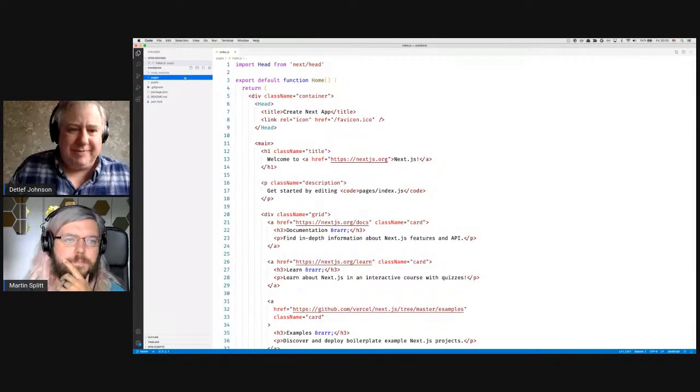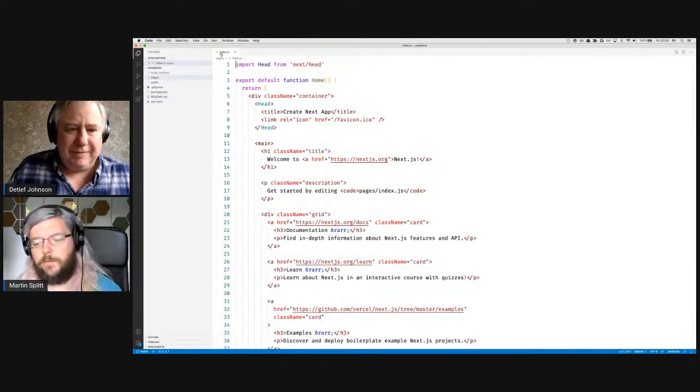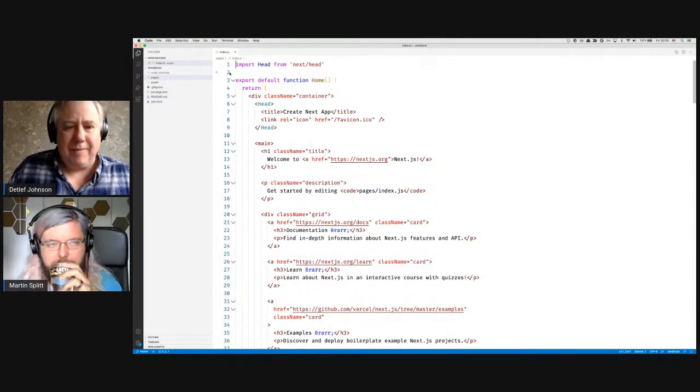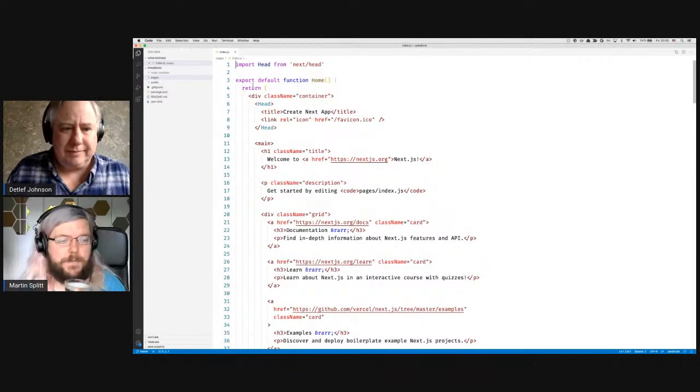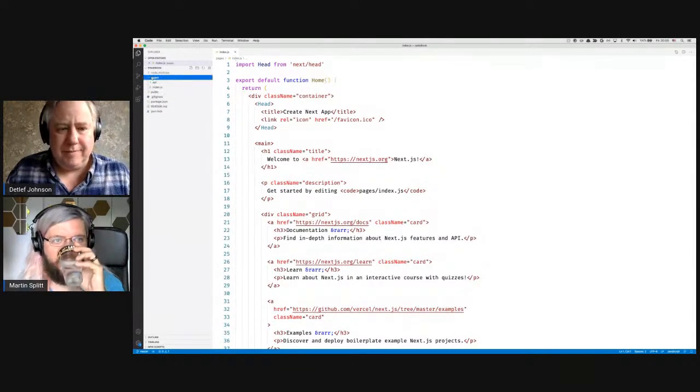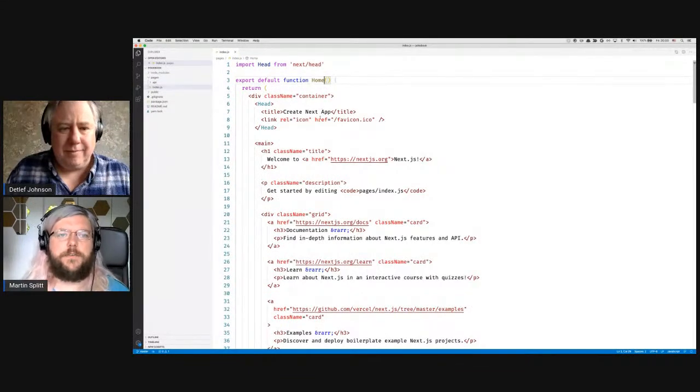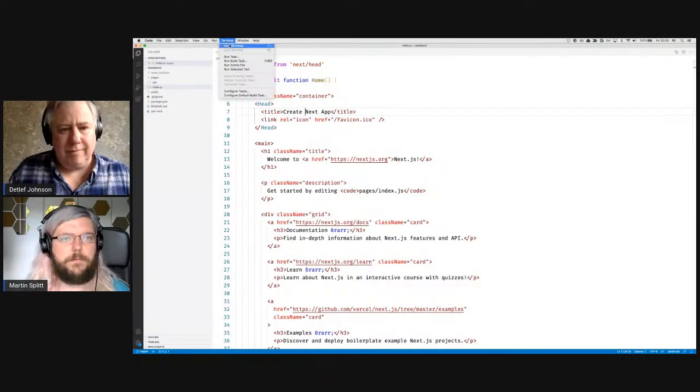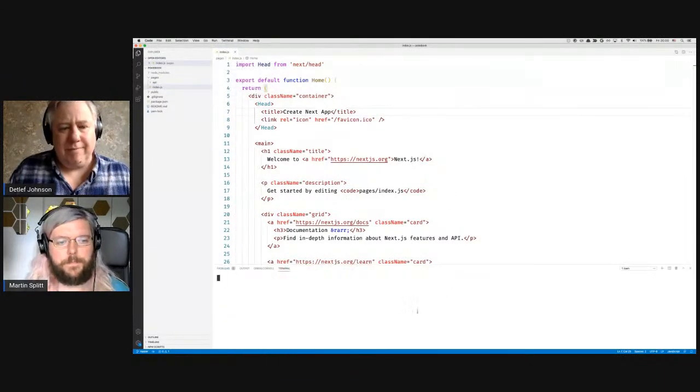So Next.js basically assumes that you want to build something on the concept of pages, which I think makes sense. You're probably familiar with pages on your website. We have an index page here, and that tells us already a little bit about how this works. So we are writing JavaScript, but in the end, we are having the HTML here. And if we look at how our application looks when we run it right now, then